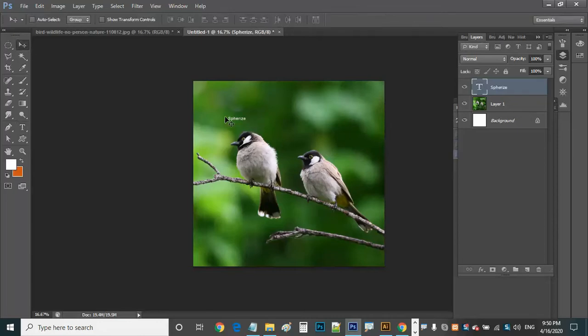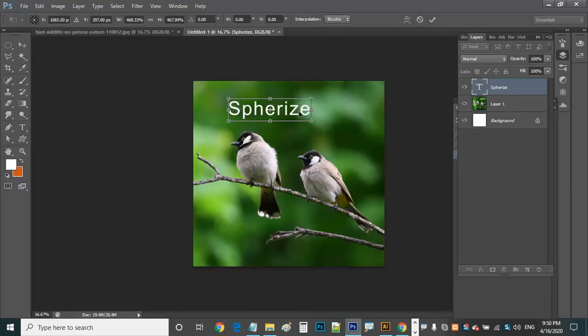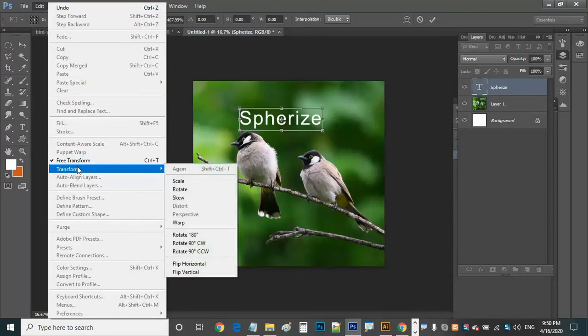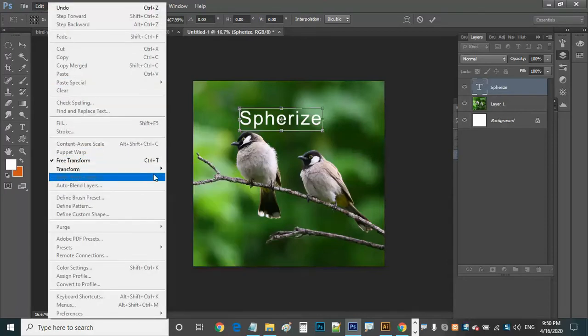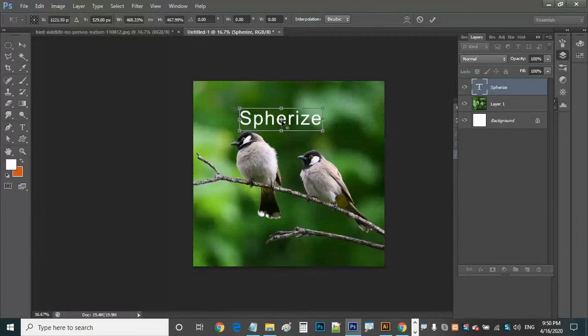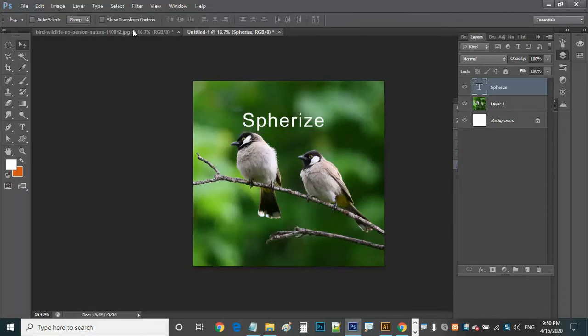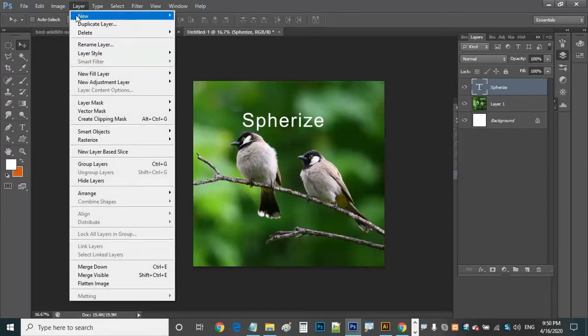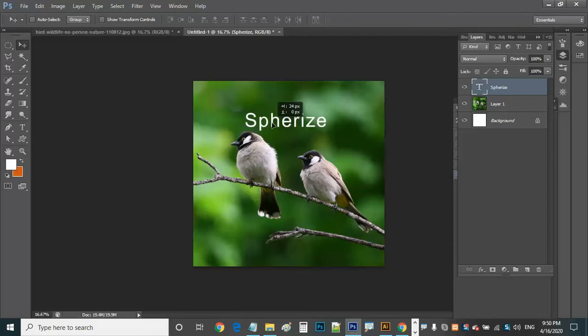You can do it in many ways. Control T for transform. So Control T I'm using it, that is a transform, which you will find it under edit here, transform here, or we can use a shortcut Control T for transform. So this is what I'm taking it. I'm placing this text. I want to make it more effective so that I can apply layer styles here. There are some layer styles because this text will become a layer, separate layer here when you type it. If you can see this, there is a layer here.